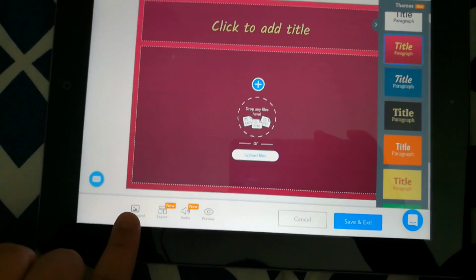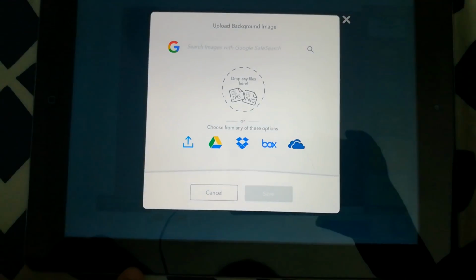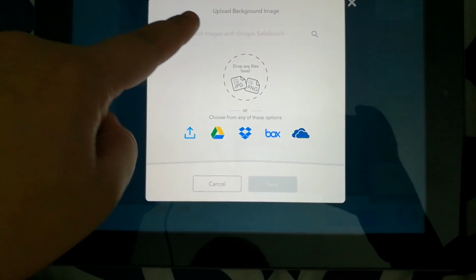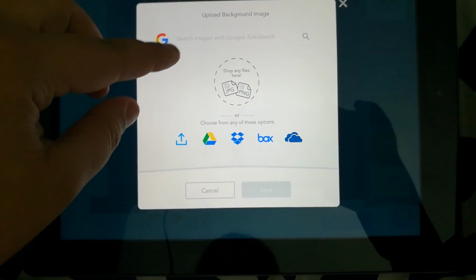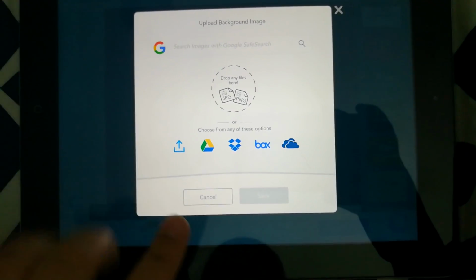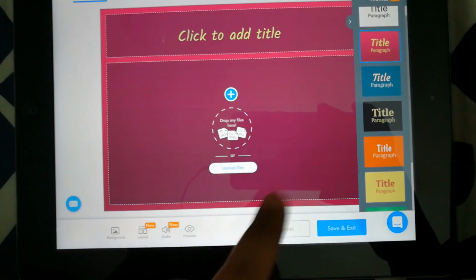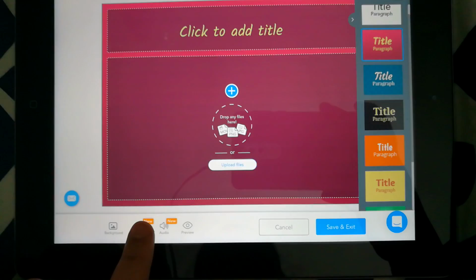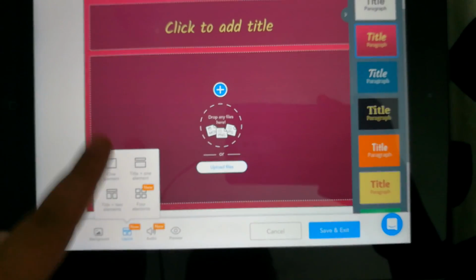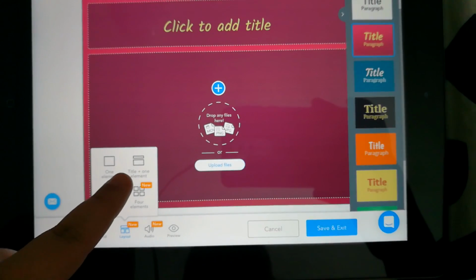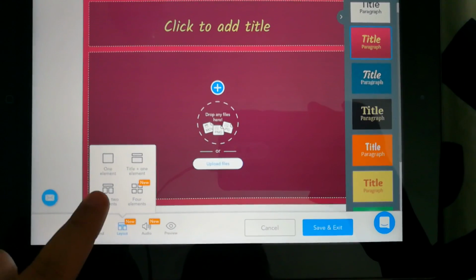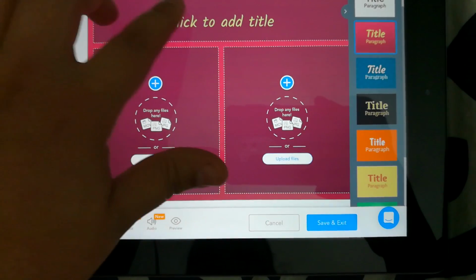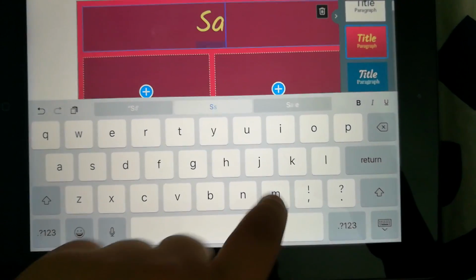it's added. We can also change the background, so this allows us to drag or drop any files or search them through Google Safe Search, and that would turn into the background for the presentation instead of this theme. Here we can go to layout, and right now we are at title and 1 element, but we could choose something like title and 2 elements, or up to even 4 elements. So here for the title, I'm just going to write sample,